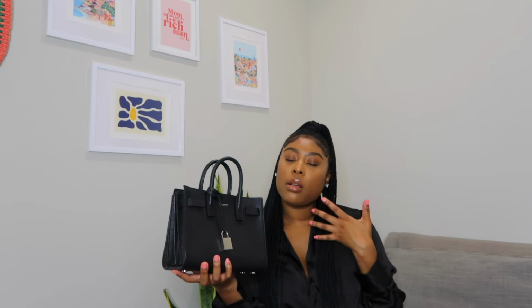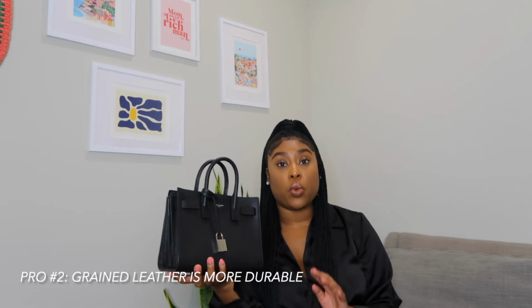I kind of like edgy street casual clothing, and so I like the fact that I went for the grained leather rather than the smooth leather. I think that the smooth leather makes it look more luxe and more dressy, in my opinion. And secondly, I like the grained leather because it will age and wear a little bit